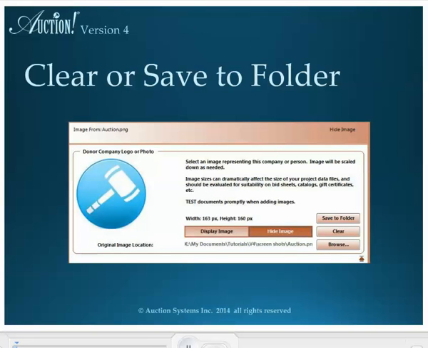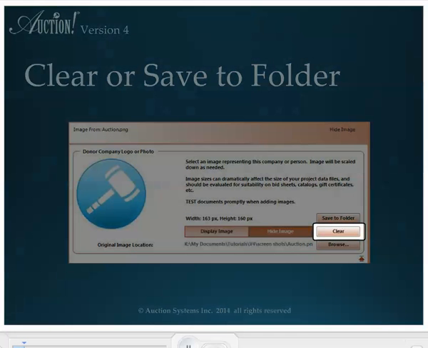If you want to delete the image saved for this record, press Clear. If you want to save a different image, you must first clear this image and then browse to the new image. Now let's talk about the Save to Folder button. This button does not save the image in your Auction project. You actually already saved the image in the record by pressing the main Save button in the taskbar at the top